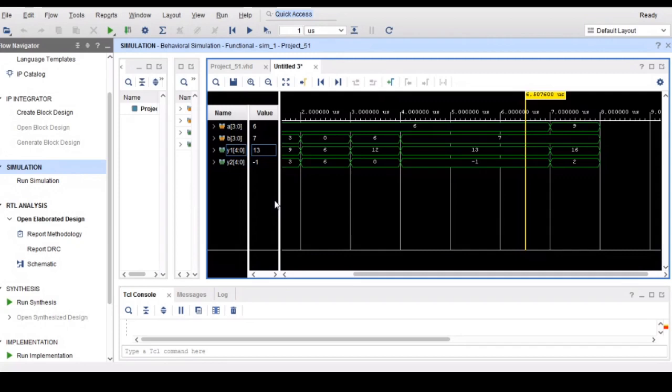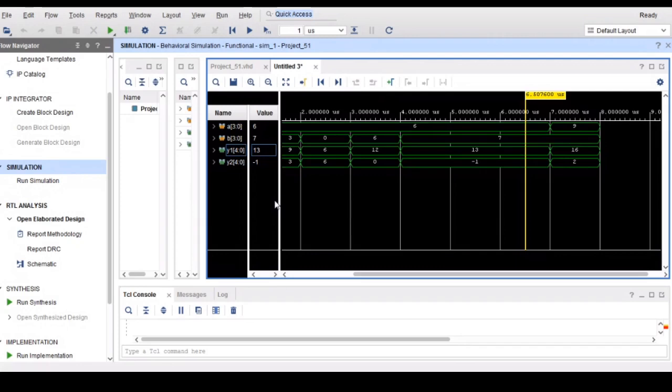No, that is applicable only for the output, not for the input. For input, the sign bit, the MSB bit, should be separately dealt with. Otherwise, it will take it as magnitude only. Okay, that's why I'm getting the wrong answer. Okay, thank you.